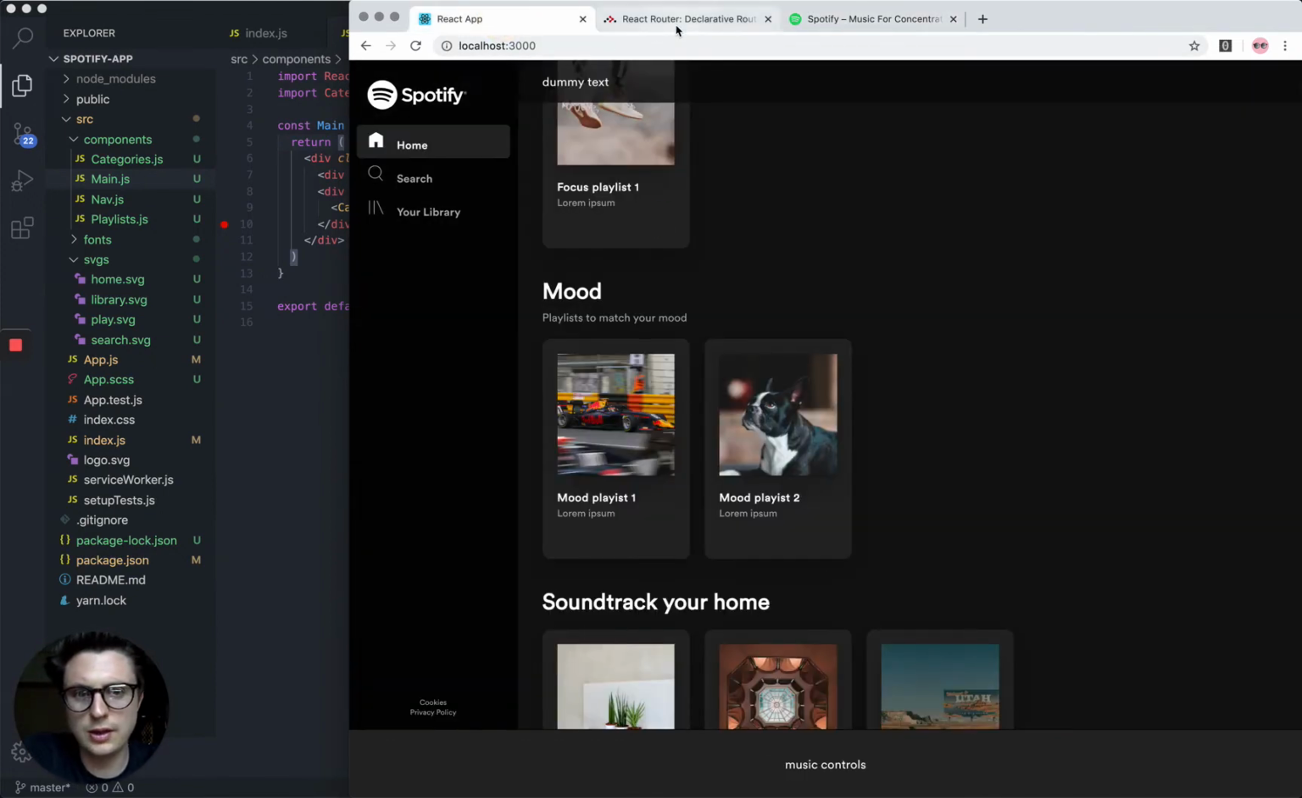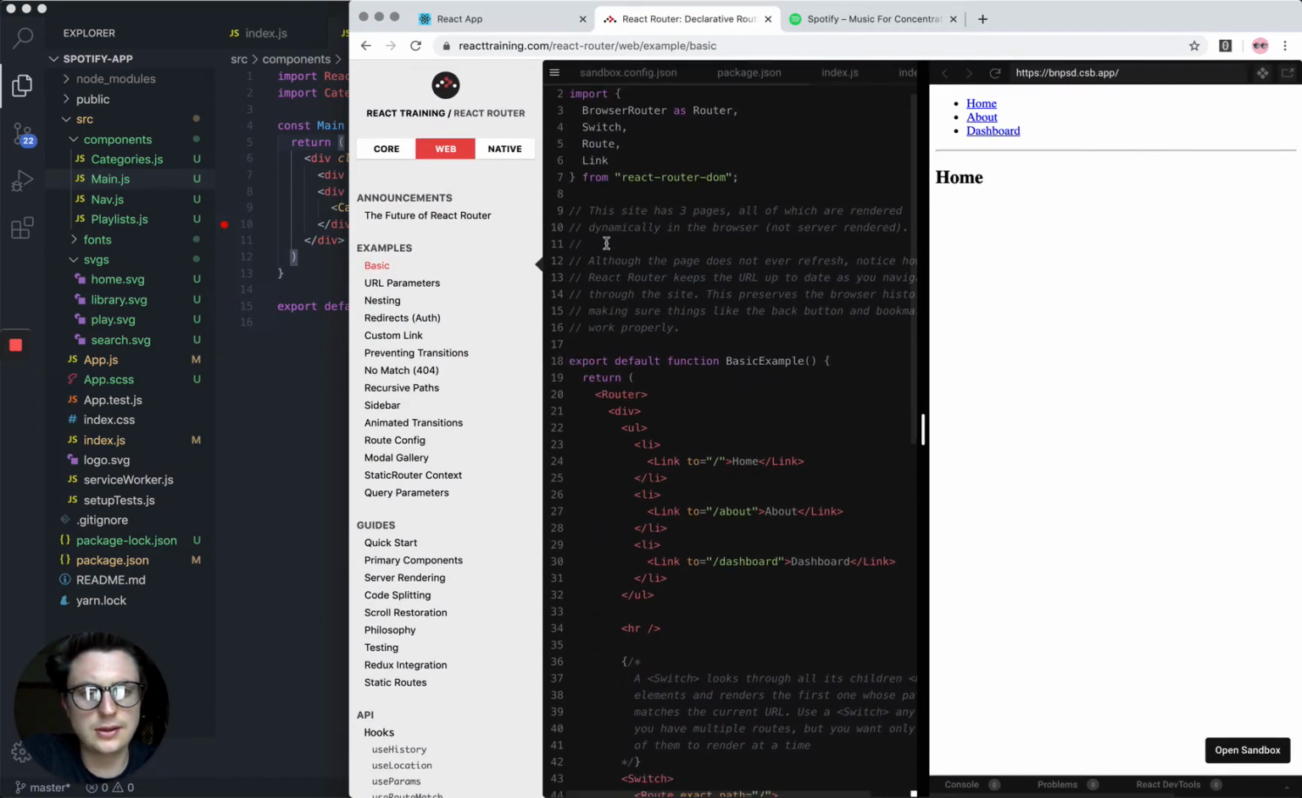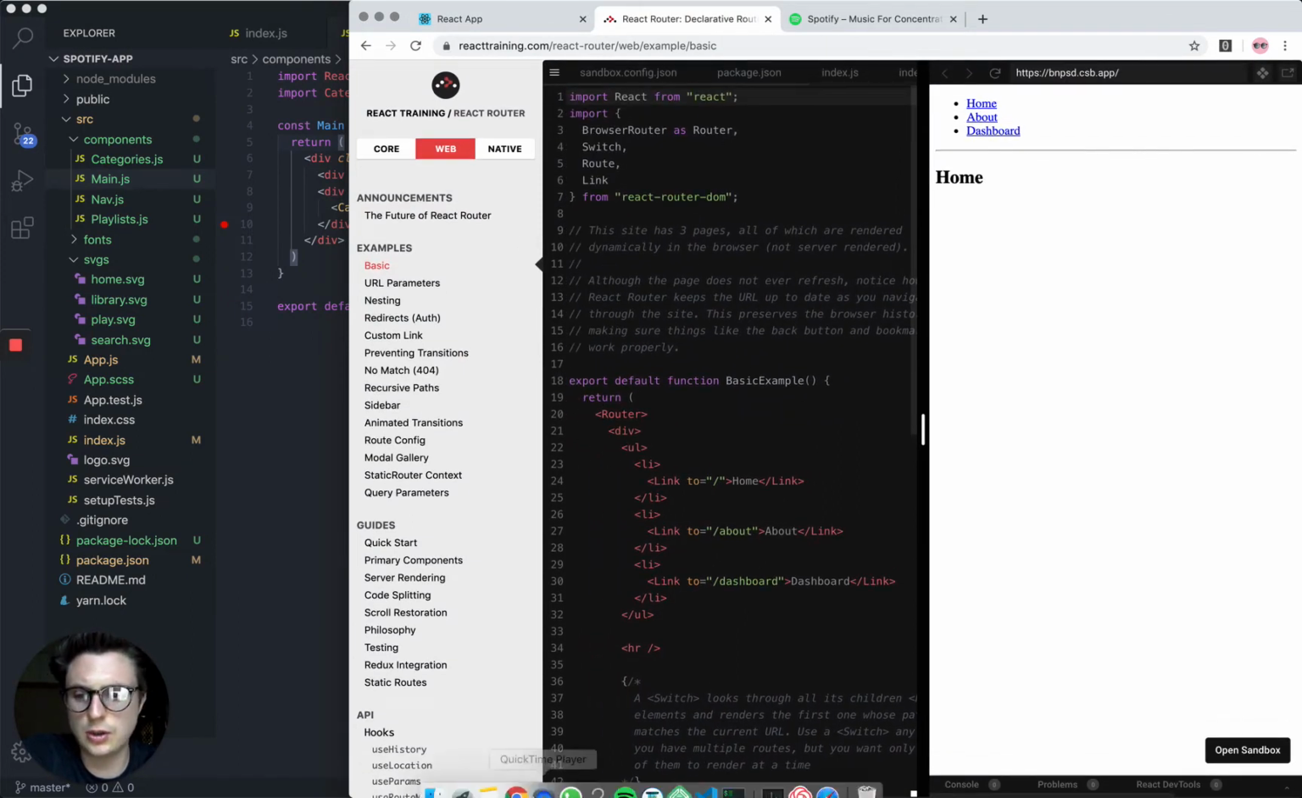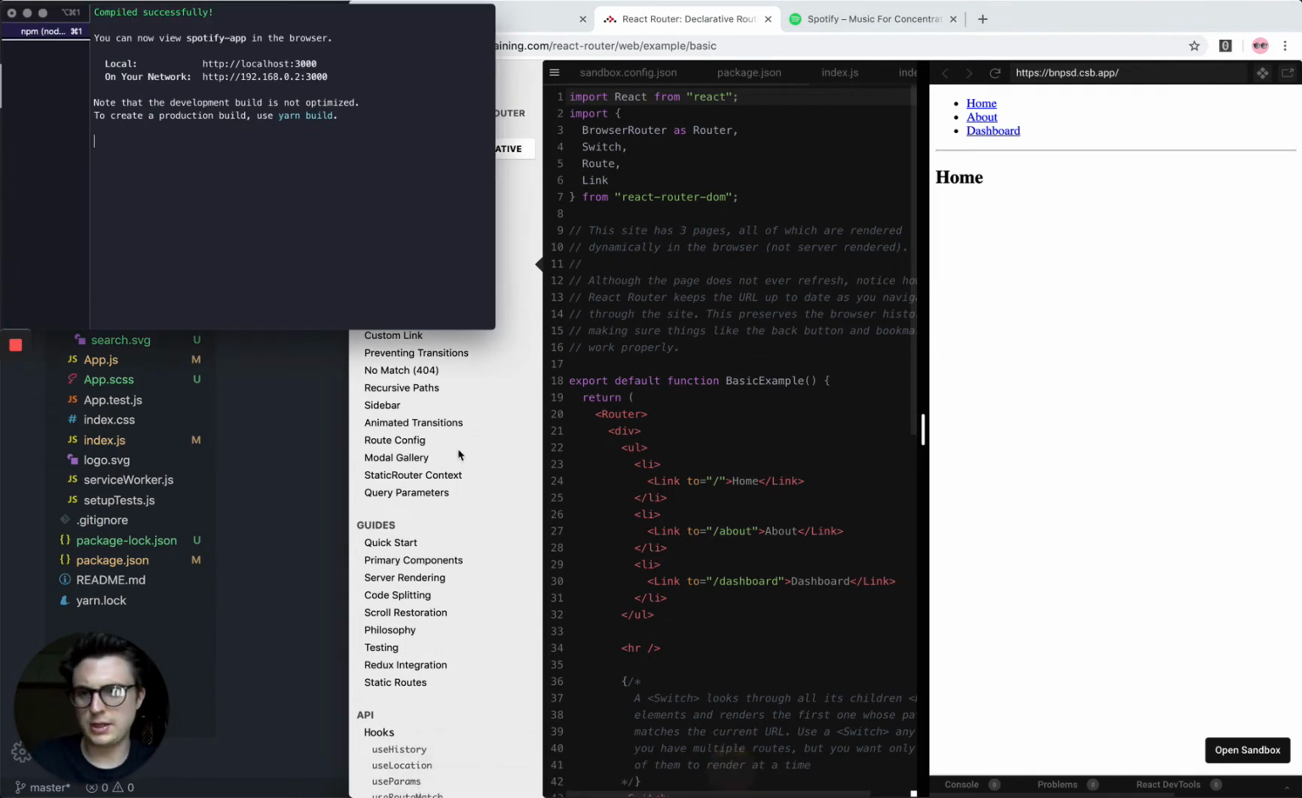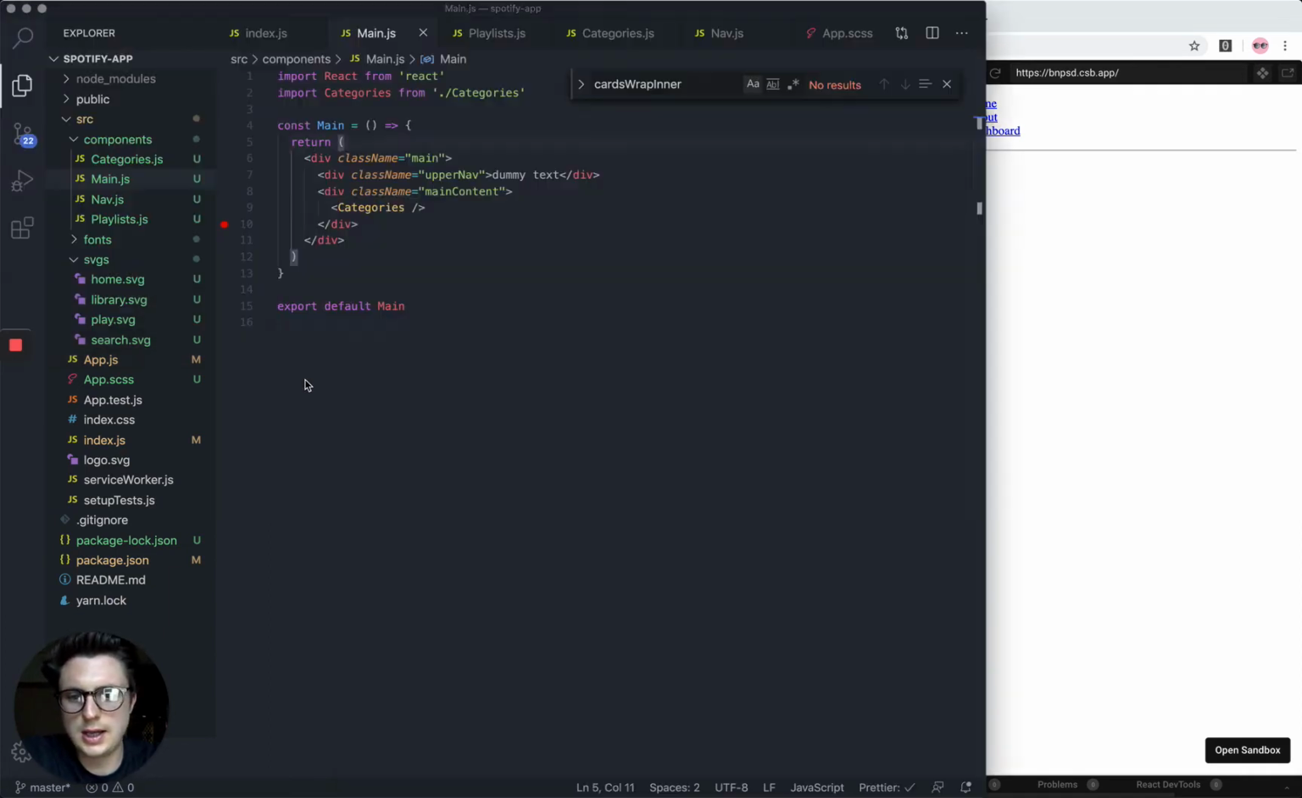So to begin with, I'll provide the link in the description so you can install this, but I'm just going to open up my terminal. I'm going to cancel it, and then I want to do npm install react-router-dom --save. And while that's doing it, I just want to go into my index.js file, the root file,